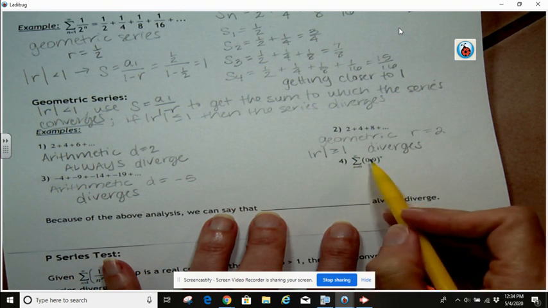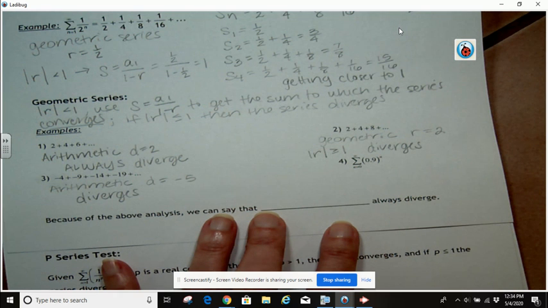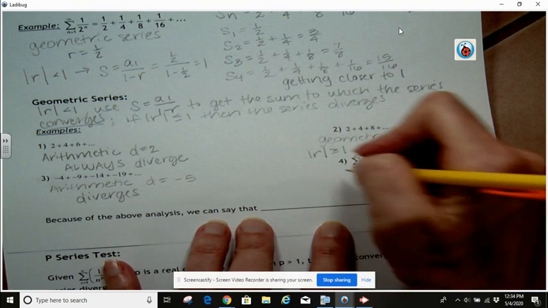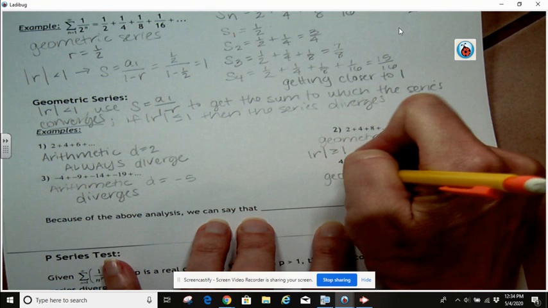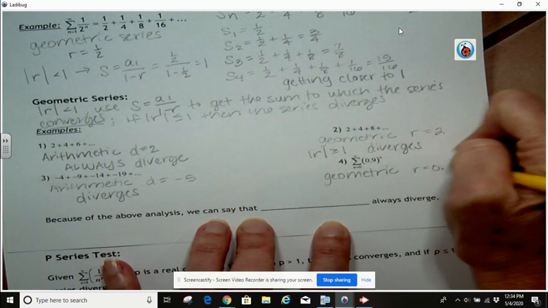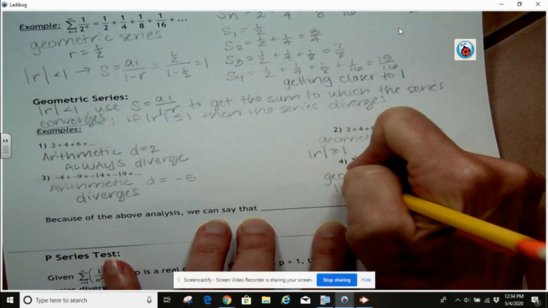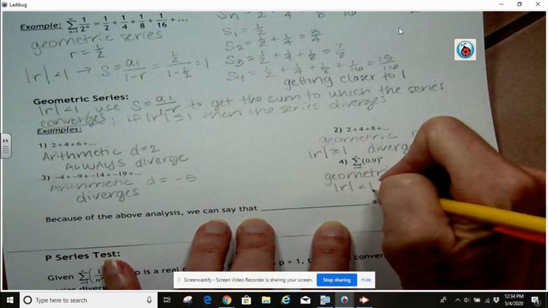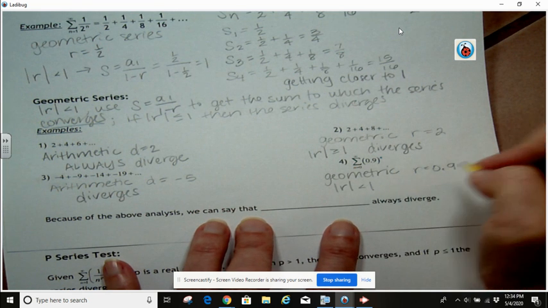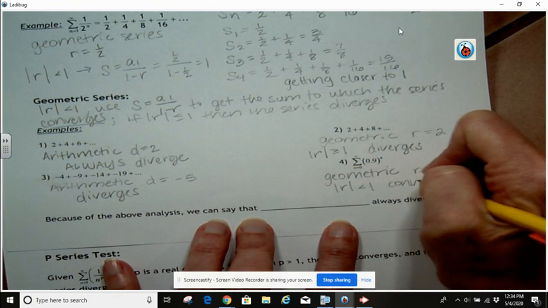But if it's exponential like this, then it's a good chance it's geometric. And the base of the exponent is your common ratio. So it's geometric. The base of the exponent is my common ratio. The absolute value of my common ratio is less than 1. So we can determine that there is a sum. It converges